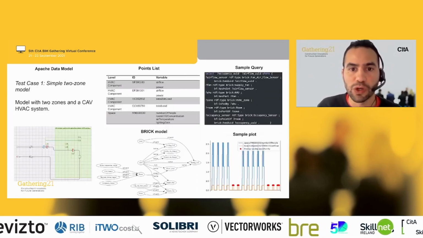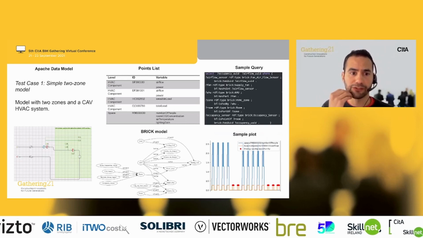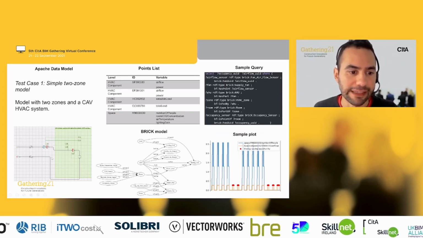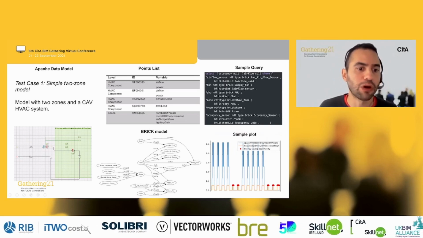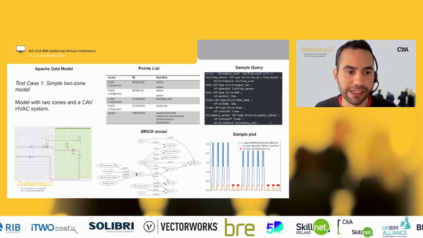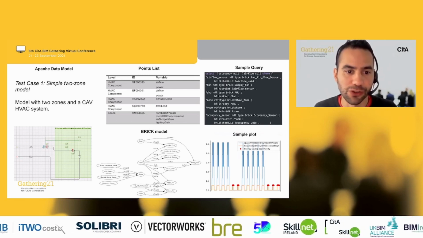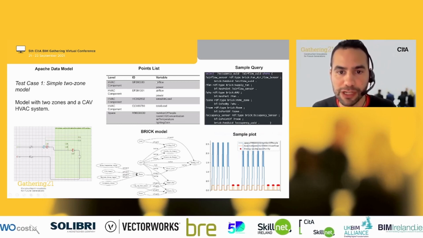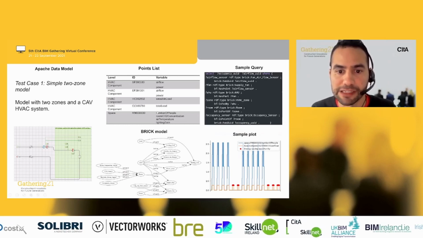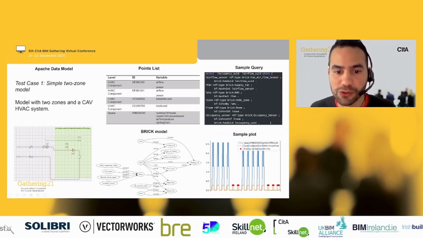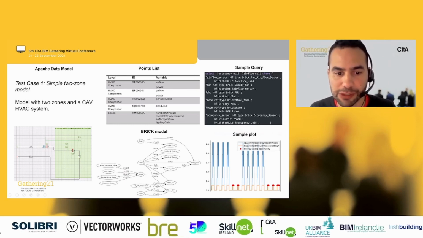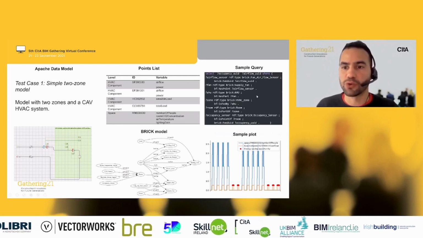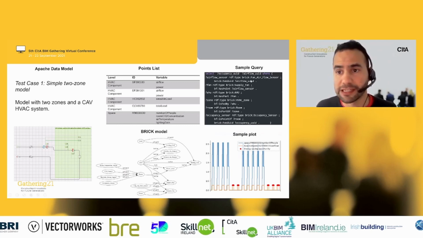So once we had that, we did a couple of case studies. For instance, here we just built a very simple two-zone model with a constant air volume system, and this is how the HVAC model will look. You will have the airflow and the heating coils and so on. This is what a typical building simulation engineer will do, and then we expose a list of points. So we say, okay, we want to get these points as brick, and then the plugin exports for you the brick model, which gives you the relationships across the sensors and things like the supply fan. Which is quite useful in case you want to do things like fault detection and diagnostics, for instance,